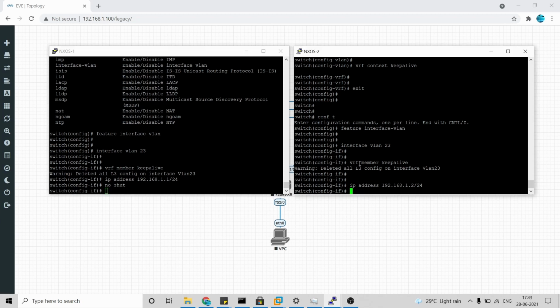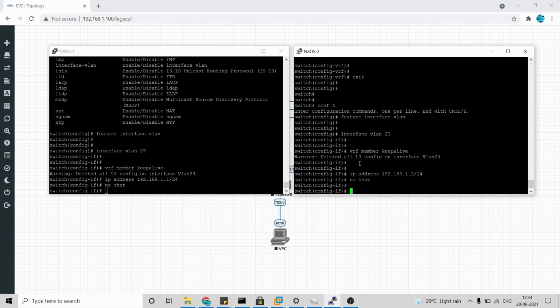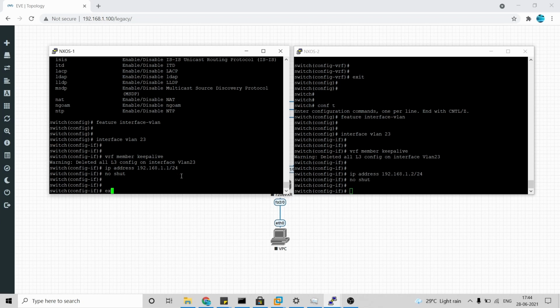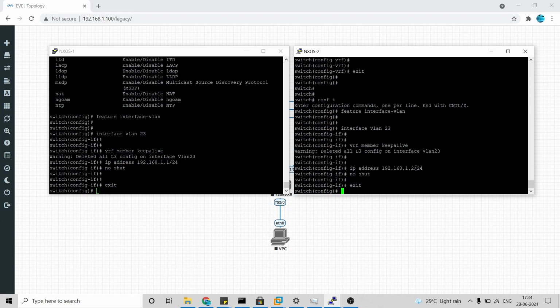We know that the SVI interface is by default shut down, but even the physical interfaces are all shut down. So each time we'll have to manually go and unshut them. If you forget that, then again we'll end up troubleshooting, so it's always better to unshut the interfaces parallelly.